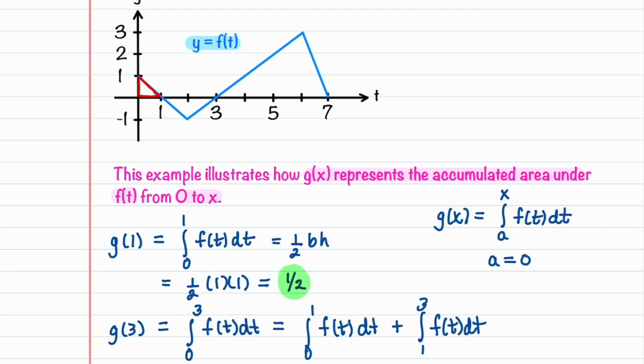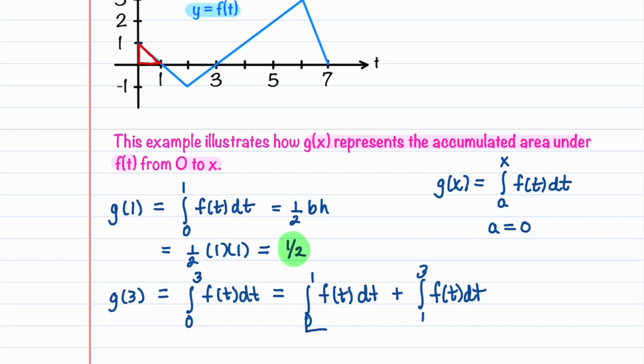That way we don't have to do double the work. This integral we already found to be equal to 1/2, and then this integral is this area right here up on our graph, and because it lies below the x-axis, it is going to be equal to minus 1/2